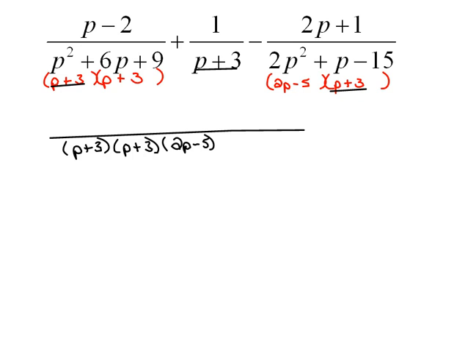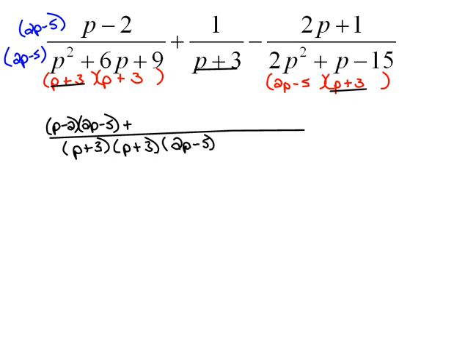Okay, now we can start working with getting our equivalent fractions. And remember, we're just going to put this all together over the common denominator. So here we have p minus 2, but what do we need to multiply this denominator by so that it is the common denominator? That would be a 2p minus 5. So we have to do the exact same thing to the top, which means now we would have p minus 2 times 2p minus 5